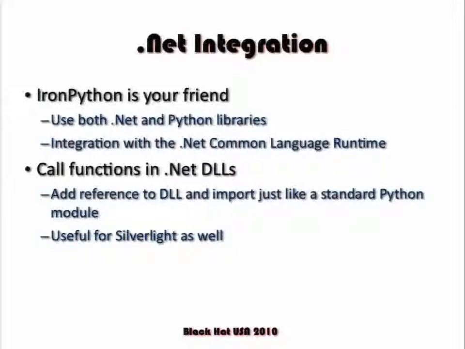So if you're assessing a Silverlight app, you can pull right through those. If you've ever heard of .NET Reflector, that's using a lot of the .NET reflection libraries. You have pretty much the same amount of access to the